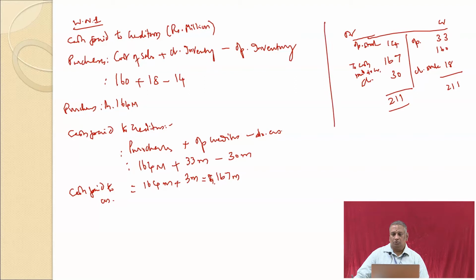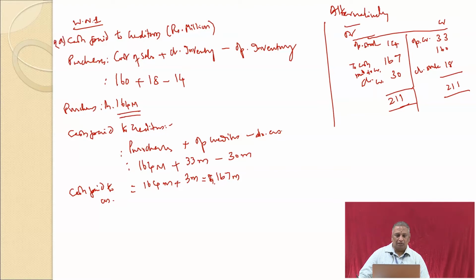So people who are comfortable with the ledger can do it like this. We are combining both stock as well as opening and closing balance of creditors here, instead of doing it as two separate calculations. Alternatively, if you are comfortable with the equation, proceed with this. So first you have to calculate, this is calculation A and this is B. So purchases should be taken here to calculate cash paid to creditors.